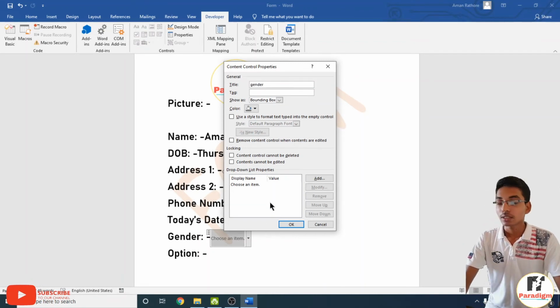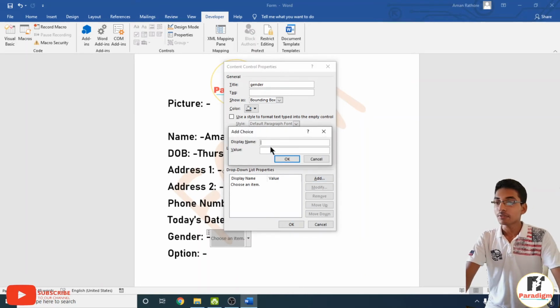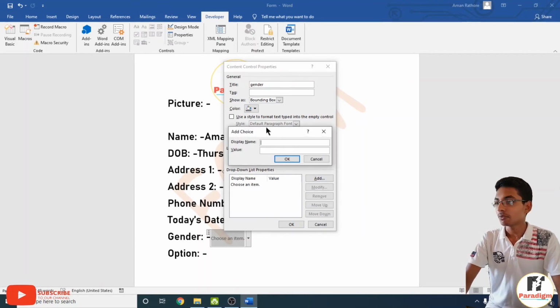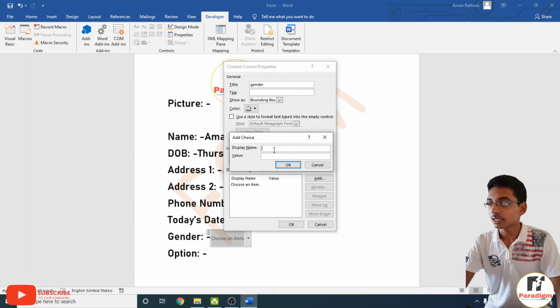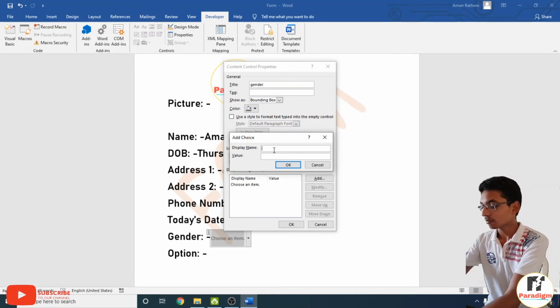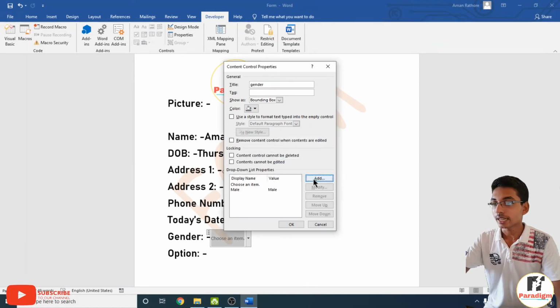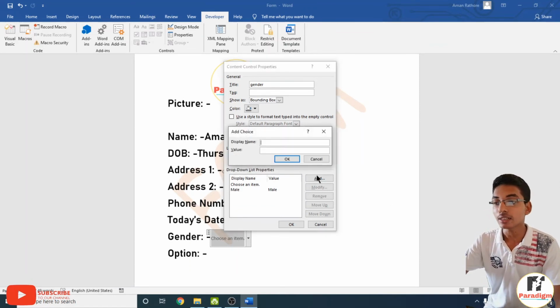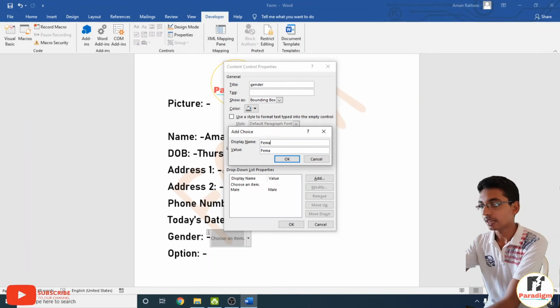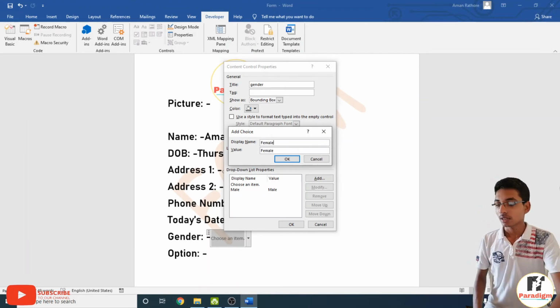and to give the list we have the option Add, and when we click on Add, again a pop-up window, add choice, display name must be like male. Hit enter and again click on Add to add female. Now hit enter.